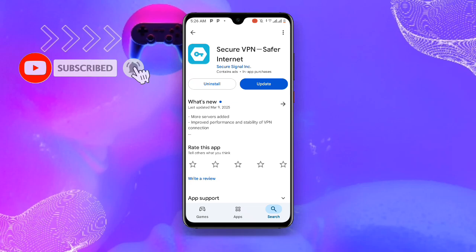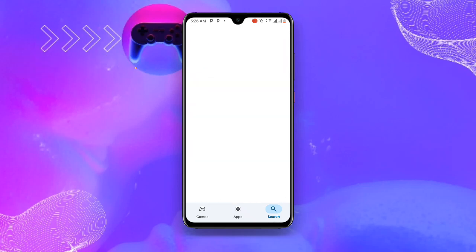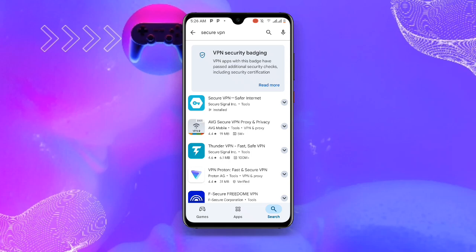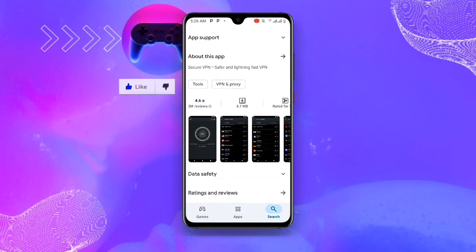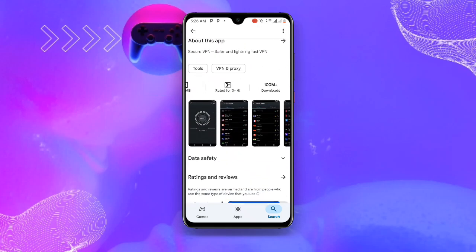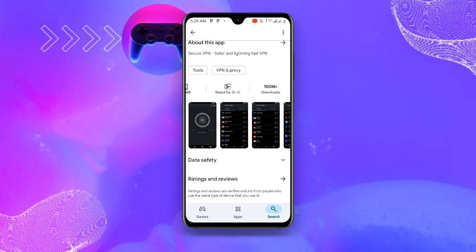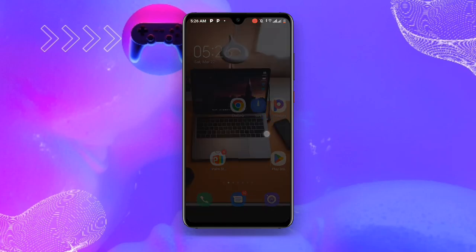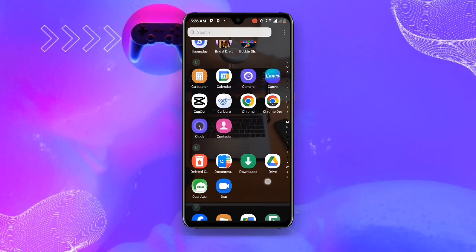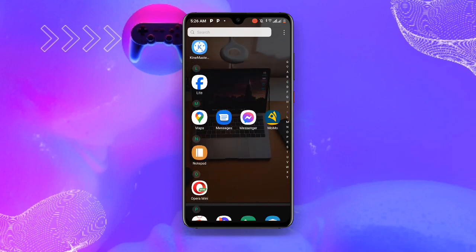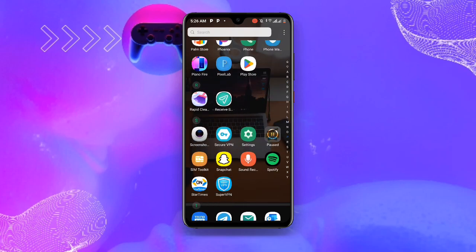So if your secure VPN is not updated, update your secure VPN over here. This particular app has over 100 million plus downloads, so download secure VPN and go ahead and open your secure VPN. So open your secure VPN over here,